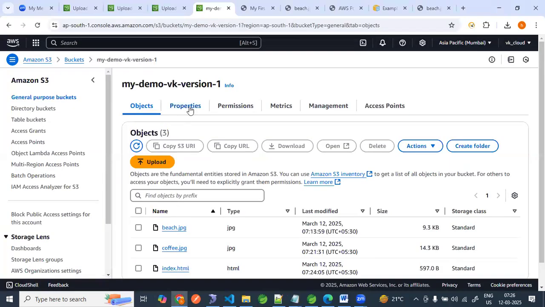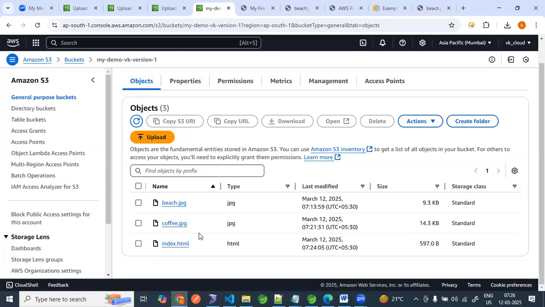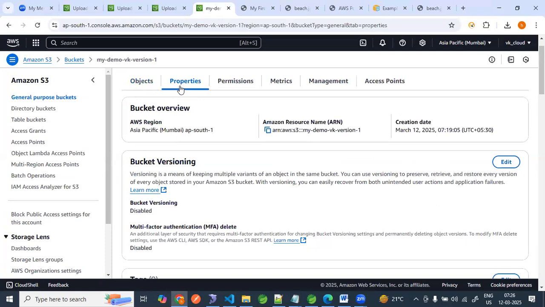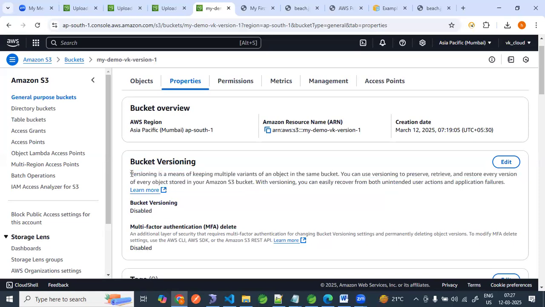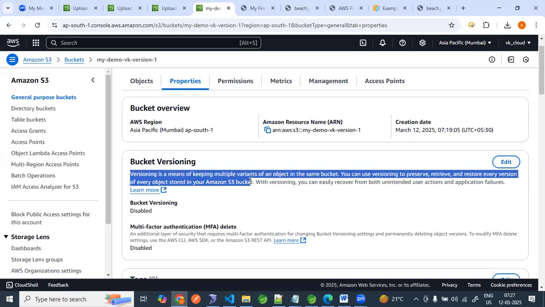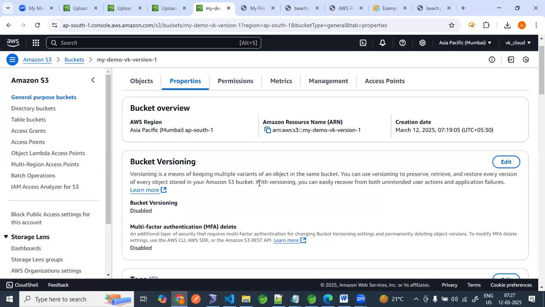Come here. We have this file, right? Now come to properties. We have bucket versioning. Versioning means keeping multiple variants of an object in the same bucket. We can use it to preserve, retrieve, and restore every version of every object stored in the S3 bucket. With the help of versioning,